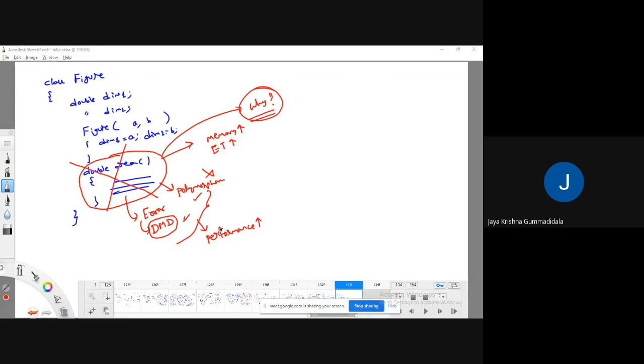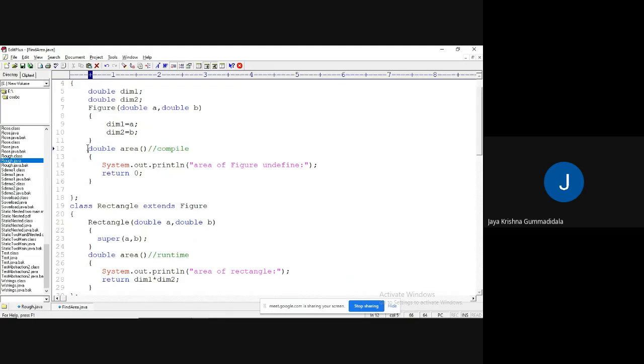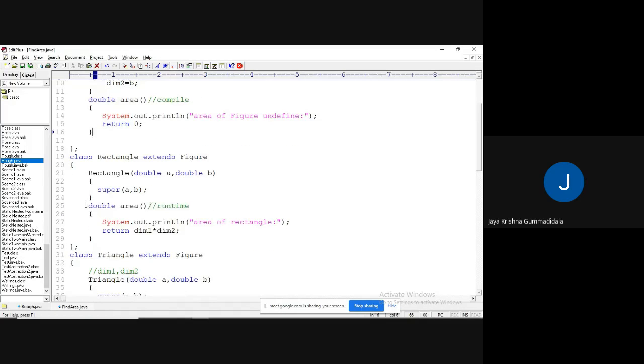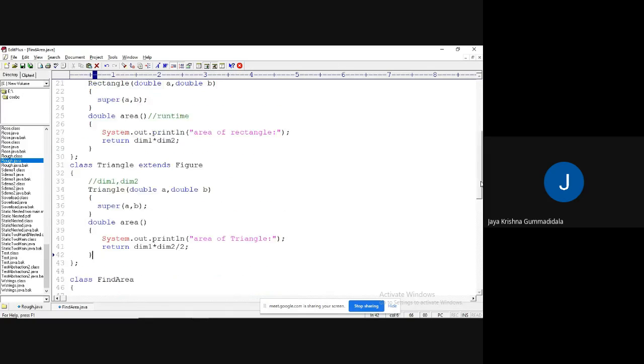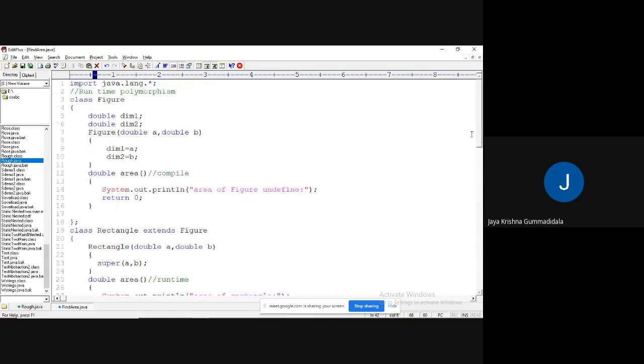Guys, observe here. This is area, which is a method defined in the rectangle class. That method is also defined in the triangle class. Meaning that this area property, or area method, or area operation is common for all the figures or not? Yes.